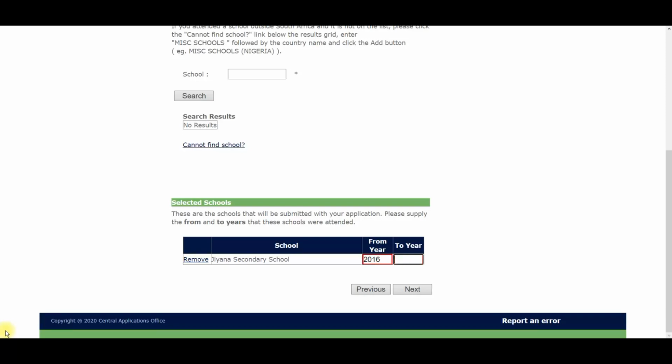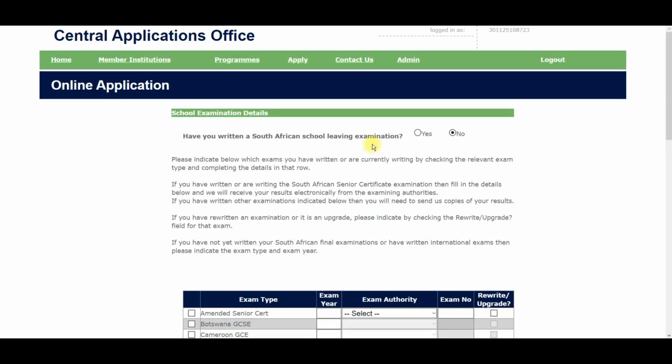Maybe say 2016 to 2020. So when you come to this step, what you want to do is click on no, because in this case, let's say you haven't written the final exam. Certificate schooling is something like your matric. It's a certificate. So in case you haven't written it,